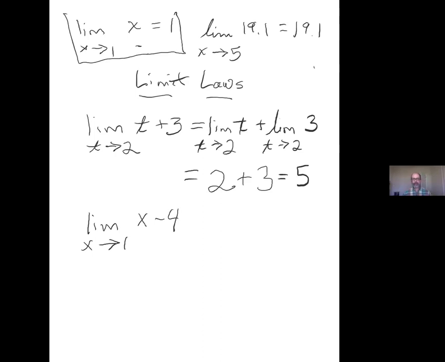So if we apply this same sort of thing, should it be any different if we're doing a difference as opposed to a sum? Do you think it's going to make any difference here? Well, no, because remember, subtraction is pretty much the same thing as addition. You're just adding a negative value. Exactly. So the way to think about it is